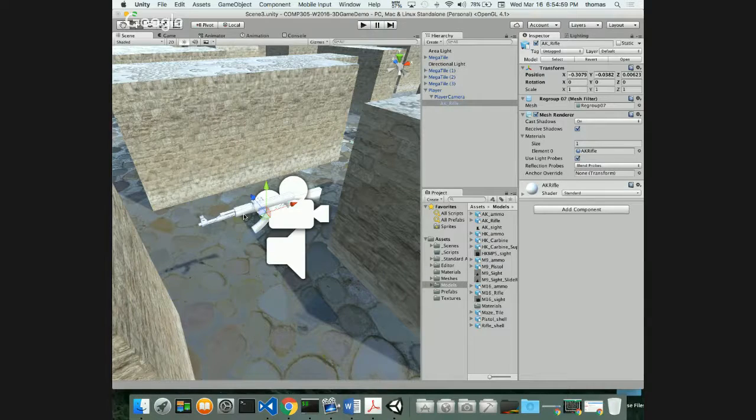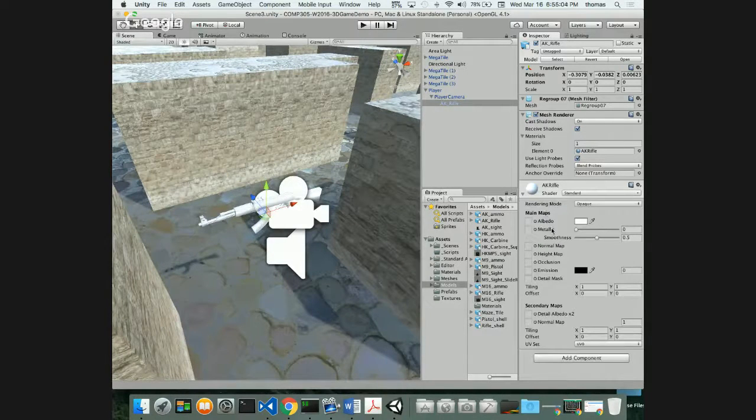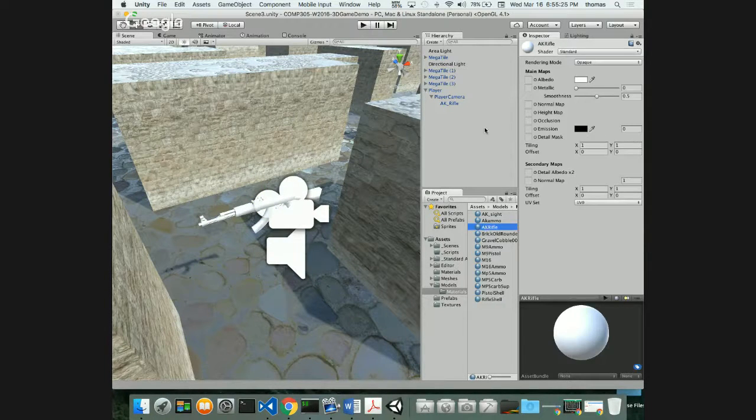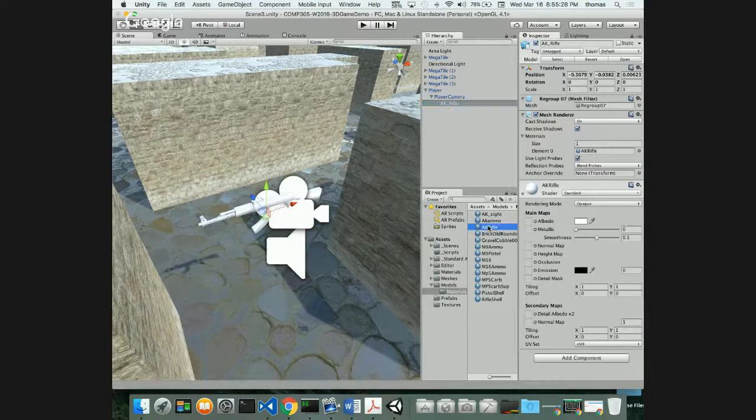And I'm noticing there are some issues with it. Here's my shader. It doesn't have any kind of texturing whatsoever. That might happen as well. But even if you had the same idea, if I go into AK rifle, or under models, there's materials. I've got the AK rifle material. If I take my AK rifle material and drop it onto my AK rifle, like one of those,